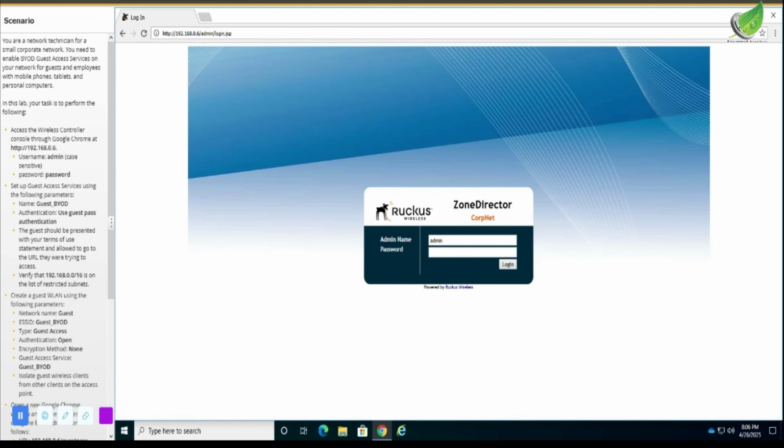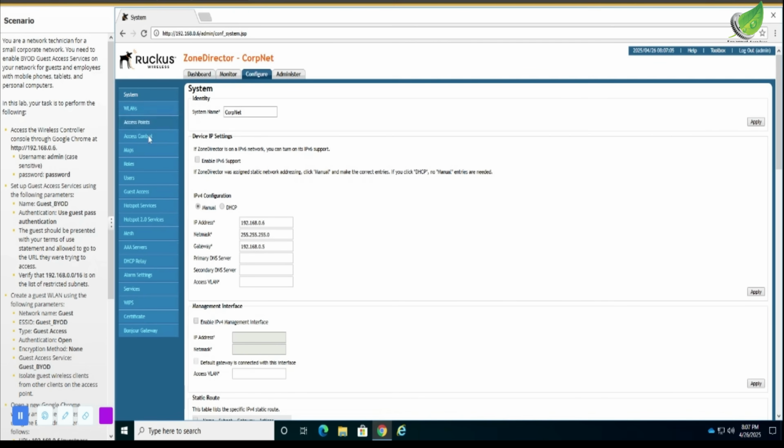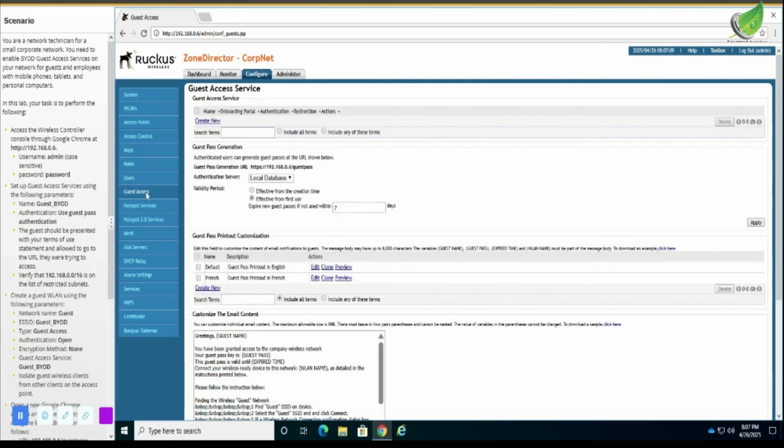I want to type in admin, configure, and guest access,